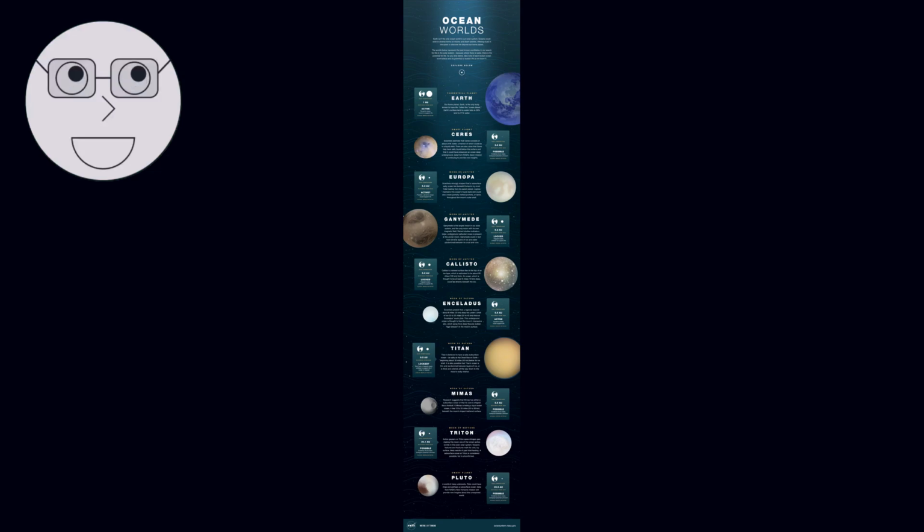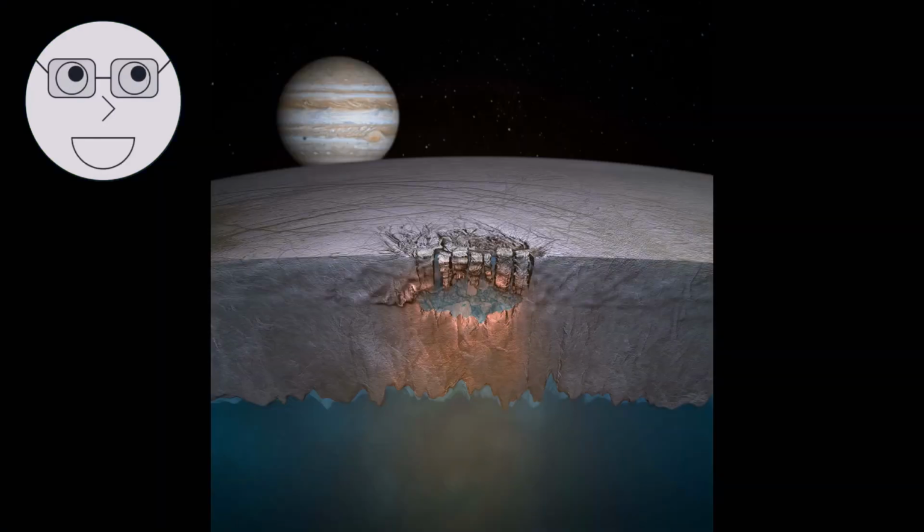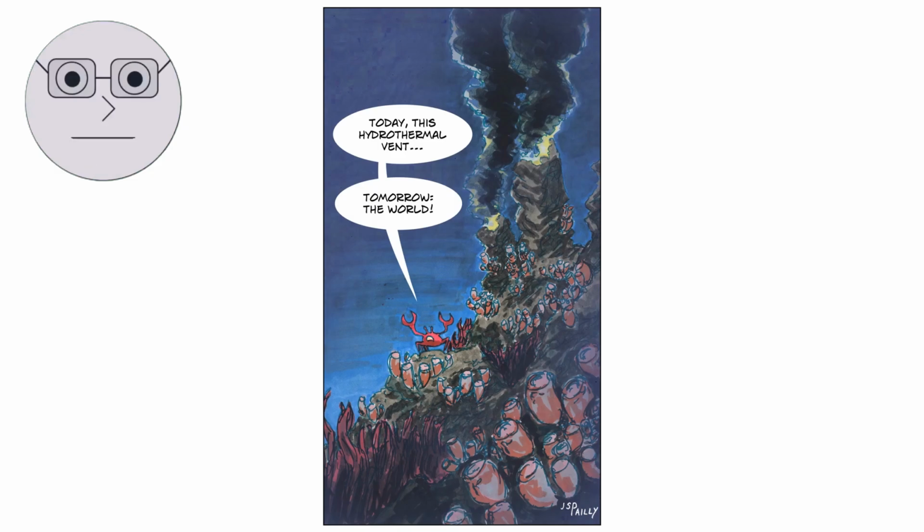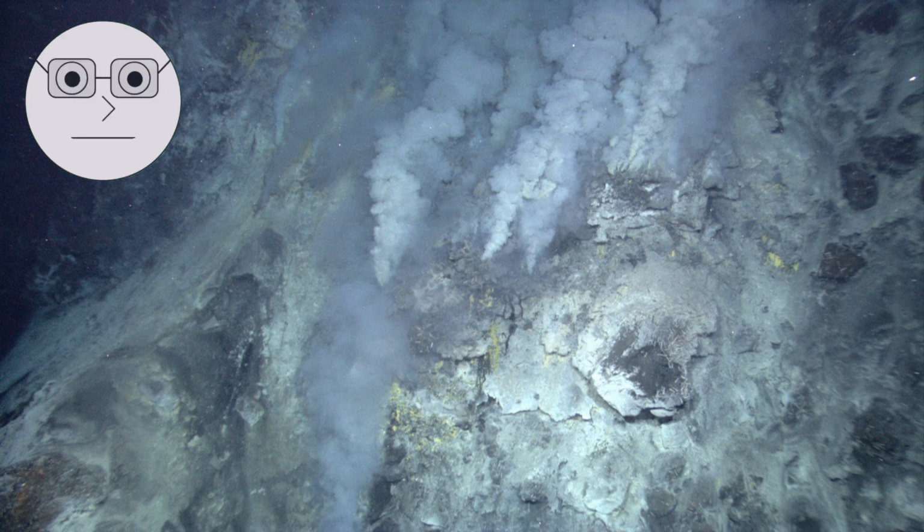It's possible. Some scientists have proposed that life could exist in the subsurface oceans of icy moons like Europa and Enceladus. Animation of a subsurface ocean on Europa. These oceans are believed to be kept liquid by the tidal forces of their host planets, and they could potentially contain the necessary ingredients for life, like organic molecules and a source of energy. Animation of a hydrothermal vent on the ocean floor. Hydrothermal vents on the ocean floor could provide the energy needed for life to thrive in these environments.